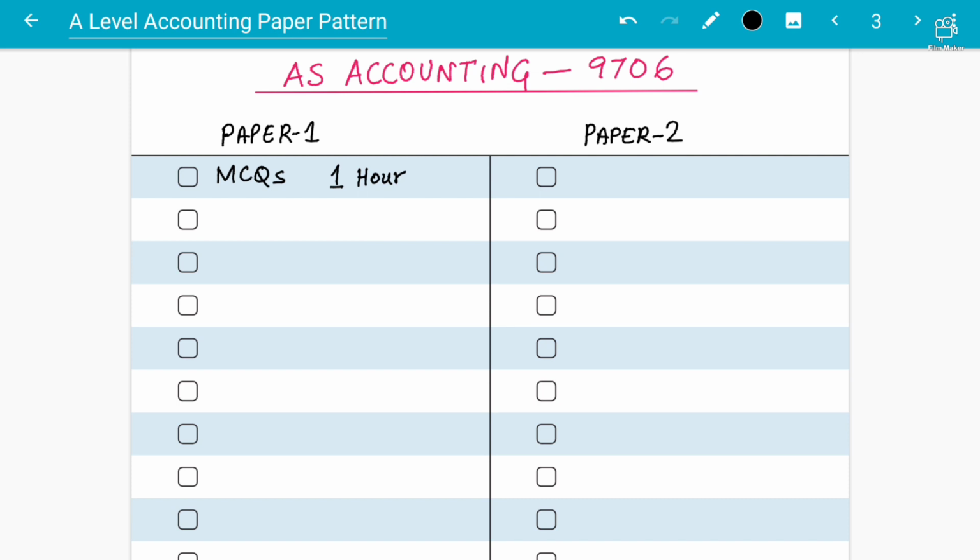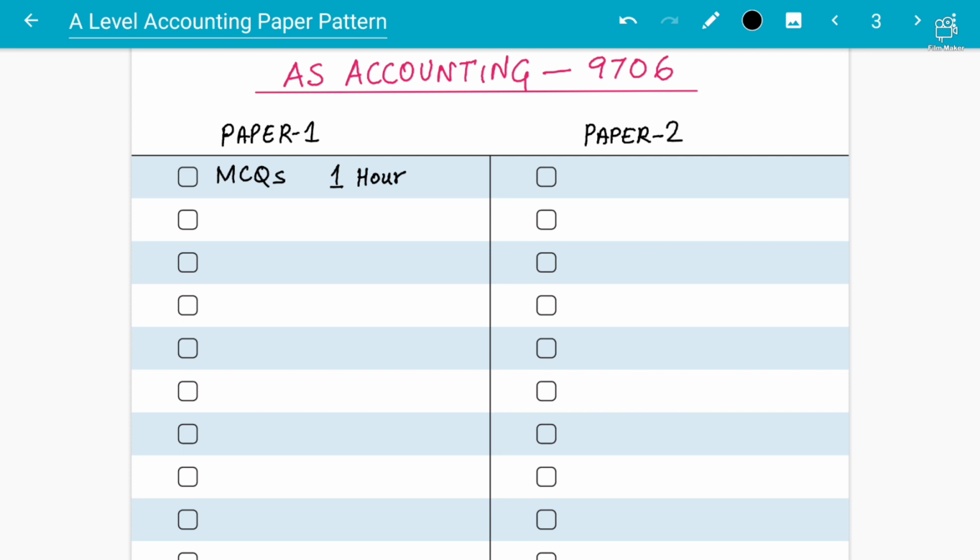And the reason for making this video is that most students, when they are shifting from the science background, don't know about the paper pattern and they keep asking teachers again and again. So it's better that this video is informative, so you know what you have to go through and how much time you need to focus on each component on each paper.